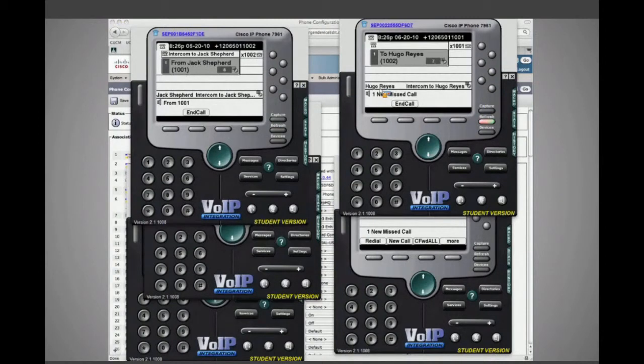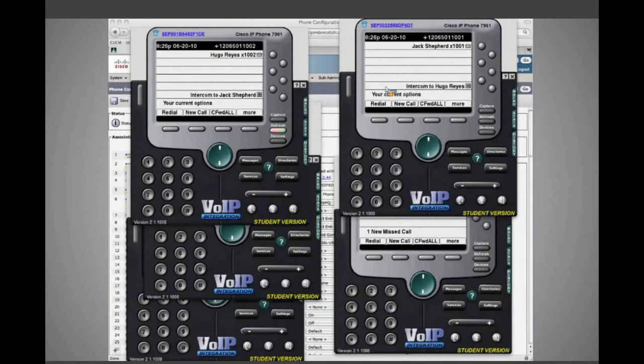Note that I see Hugo Reyes next to the intercom. So in other words, if I only had intercom showing up here and it wasn't also a speed dial, as I had pressed the intercom and dialed someone, I would see the calling name, or rather the called name, next to my intercom line that will now disappear. Okay, and vice versa works as well. See that